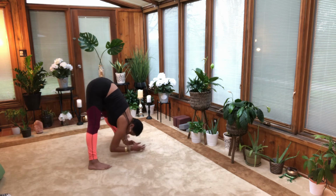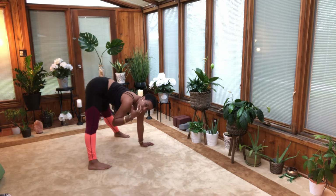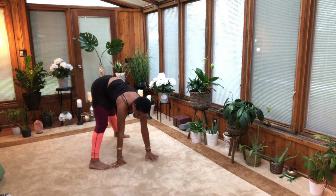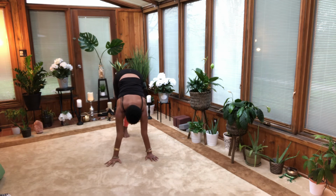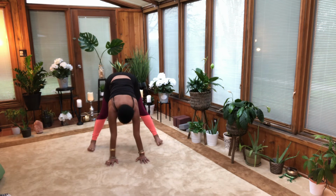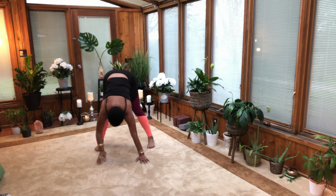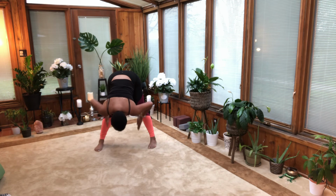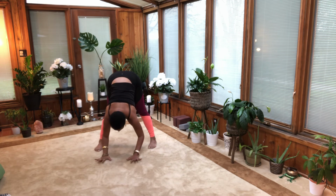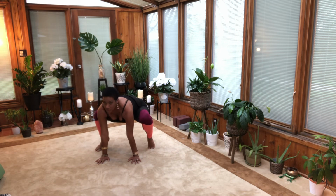Good. Rest your palms onto the earth here. I'm going to face you, but you can stay facing the front of your mat or probably facing the camera or the video screen. And then you're going to walk your toes in just a little bit so that they're a little wider than your hips. Press into the palms and come onto the toes as you bend through the knees and come into Malasana